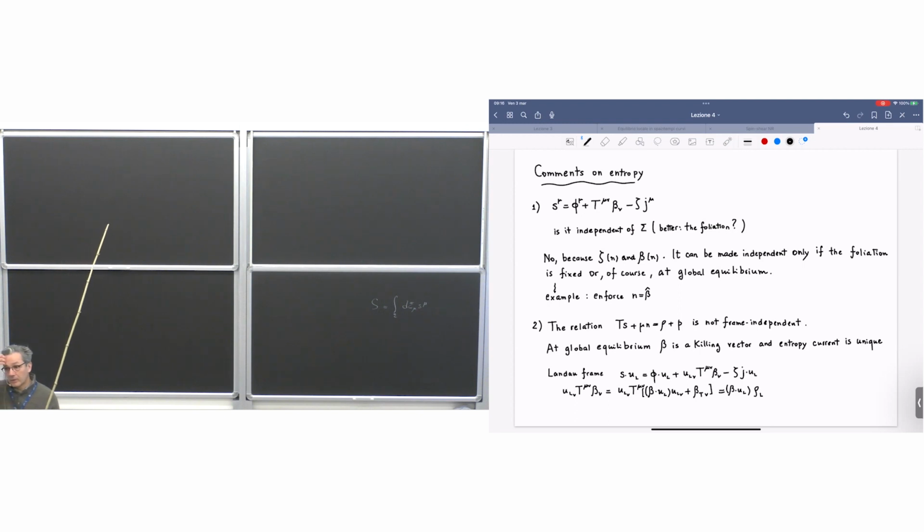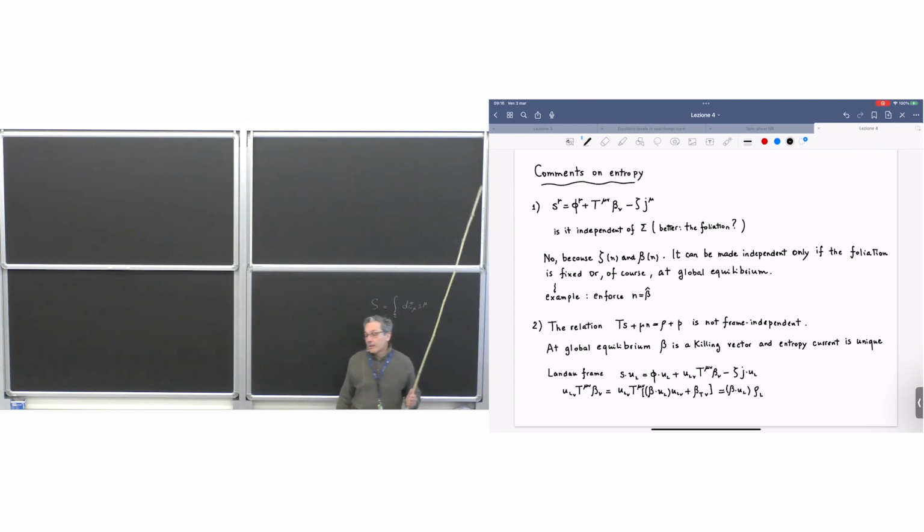But since this is obtained by contracting the entropy current with a velocity vector, one expects that this is not frame independent. And indeed, I want to show you an example where